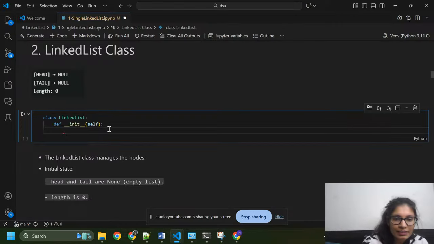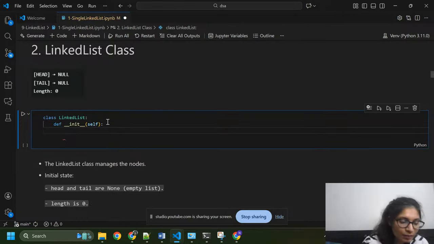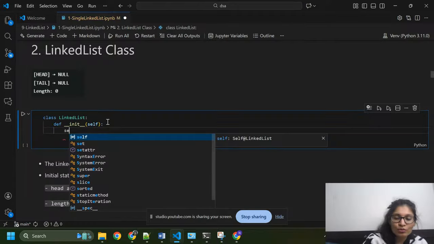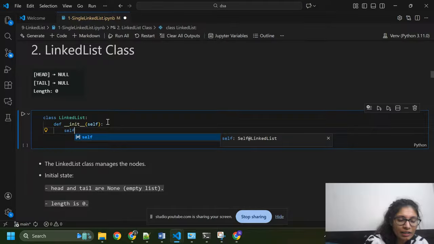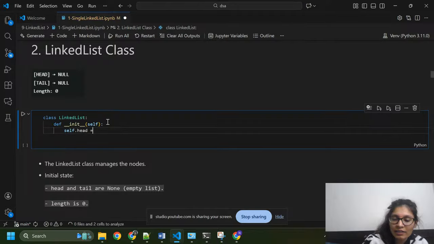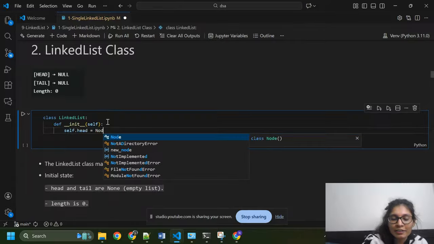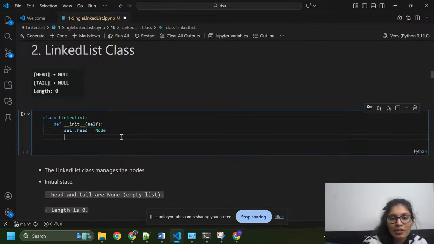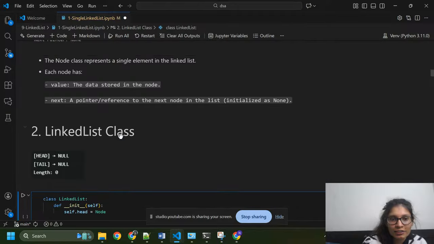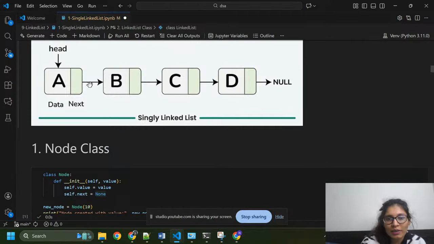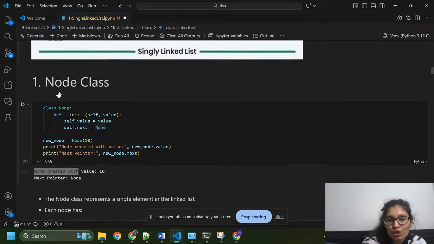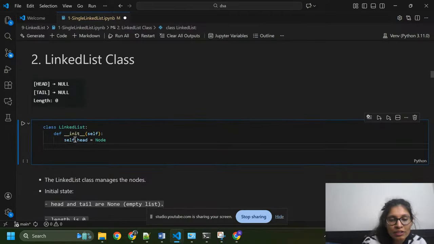Inside this I'm not going to pass any parameter. Here I'm going to store self dot head as None. Initially we don't have any node inside our linked list. You can say here we have four nodes, but initially we don't have any node. So initially we need to write self dot head equals None.